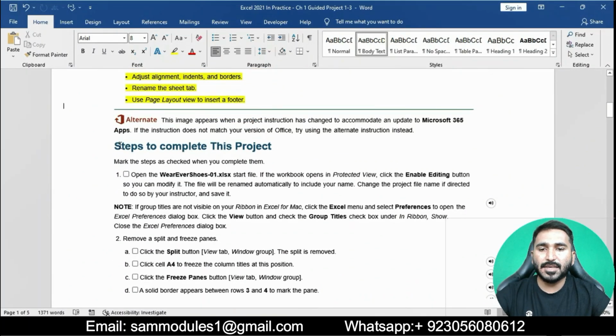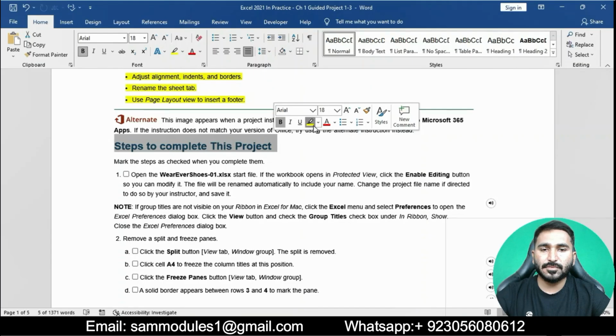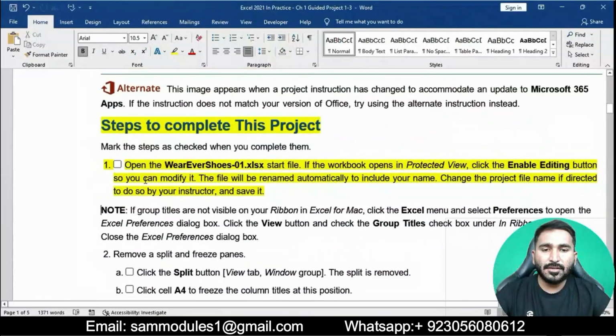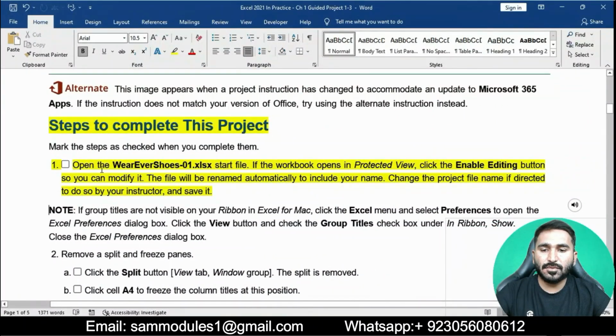Question number 1 is to open the Wherever Shoes 1 Excel start file. If the workbook opens in Protected View, click the Enable Editing button so you can modify it.